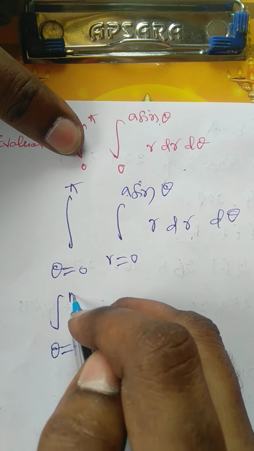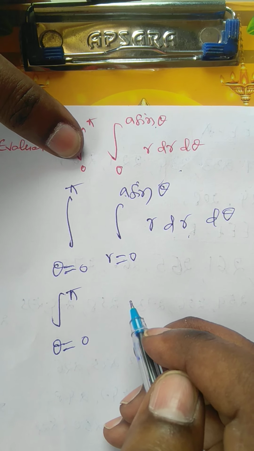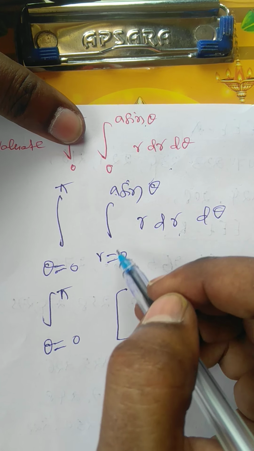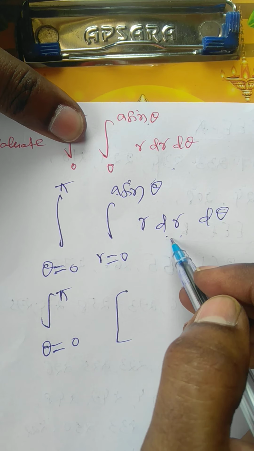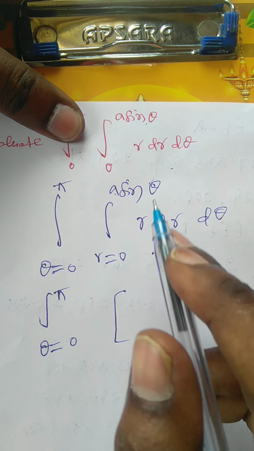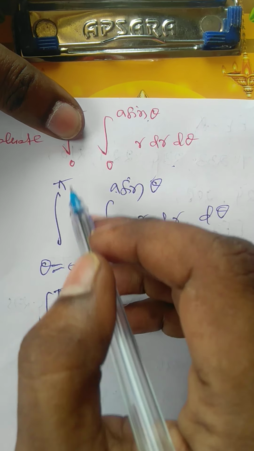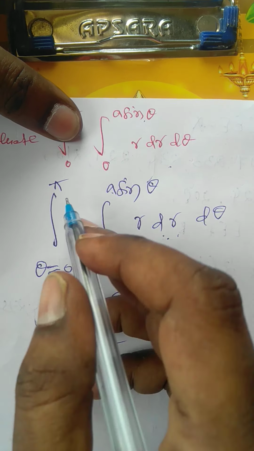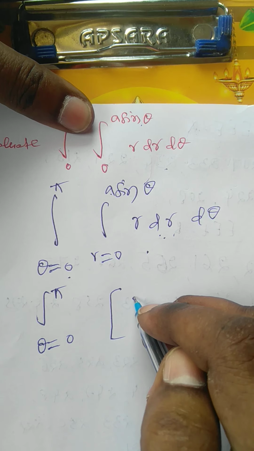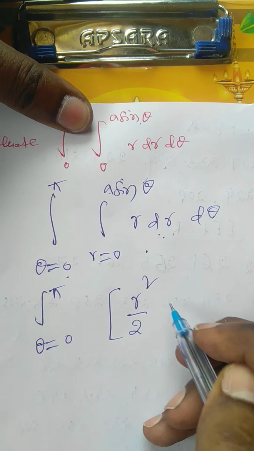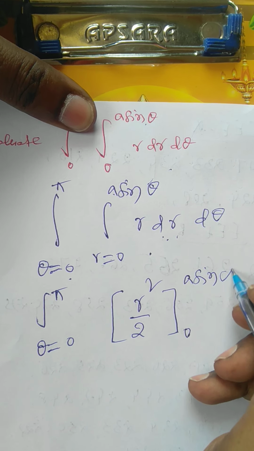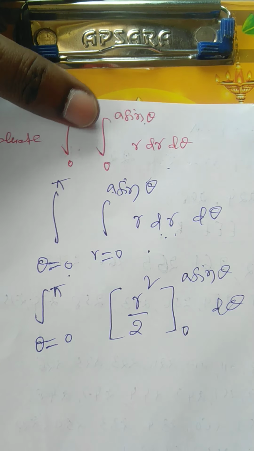Now first I am trying to integrate with respect to r, here theta equals 0 to pi. I am integrating with respect to r because the r limits are in terms of theta. If I integrate with respect to r, wherever you have r it is replaced by theta, so the complete problem is converted in terms of theta. Again, if I integrate with respect to theta, we can substitute the theta limits, which are constants. Now the integration of r is r square by 2, with limits 0 to a sin theta, into d theta. Fine, right?